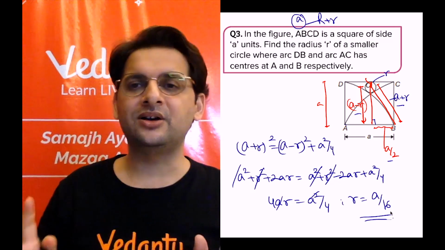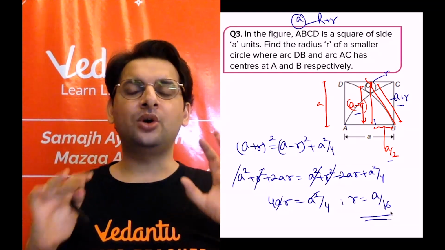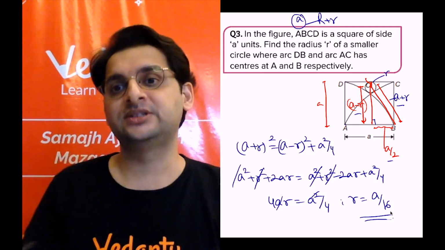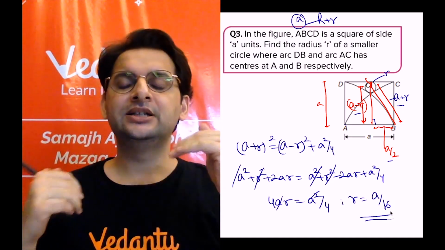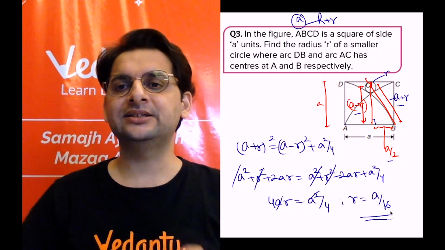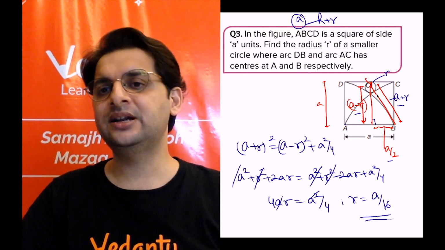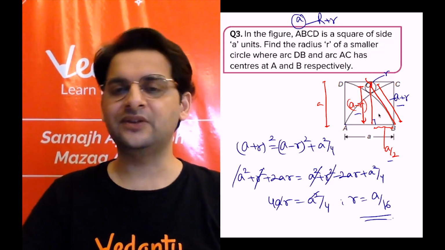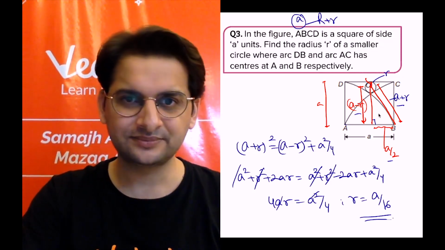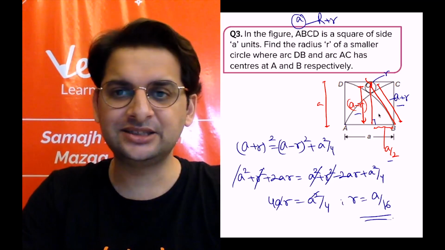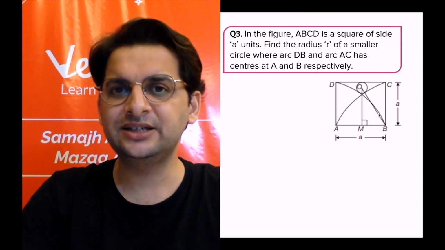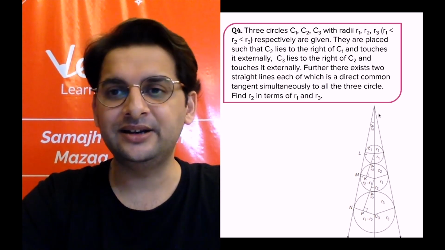So simple a concept. So all the concepts, all the questions, all the proofs, all we have to do is join center to center. That is it. So this was center. I joined these two centers and applied Pythagoras theorem. That is it. The question is over. Which brings us to the next question. The question is this, and a really good one.